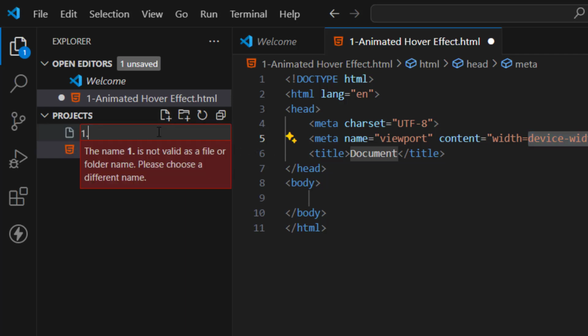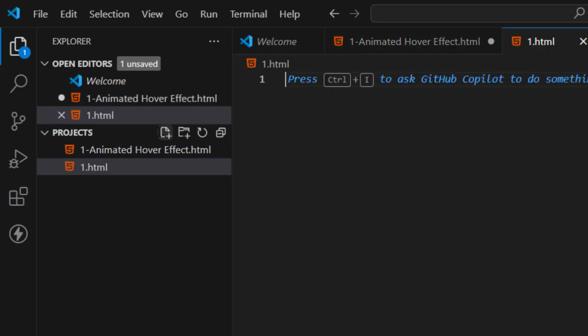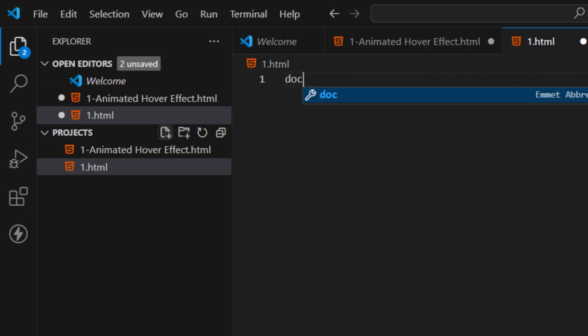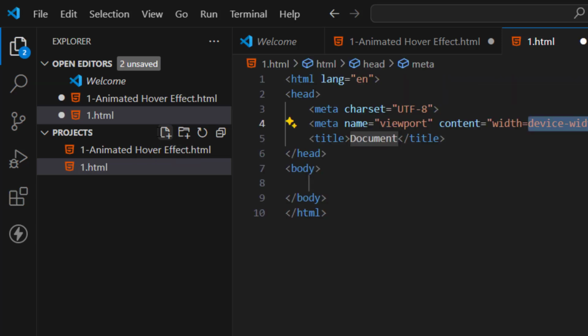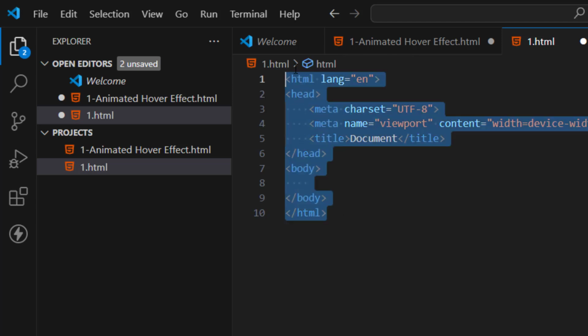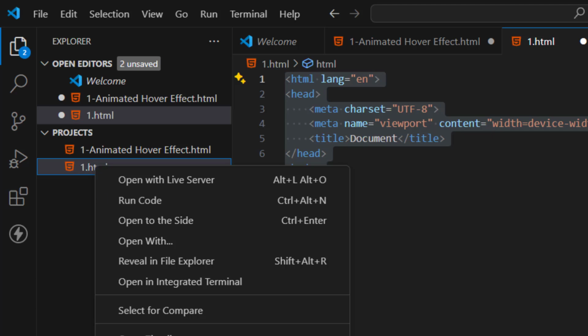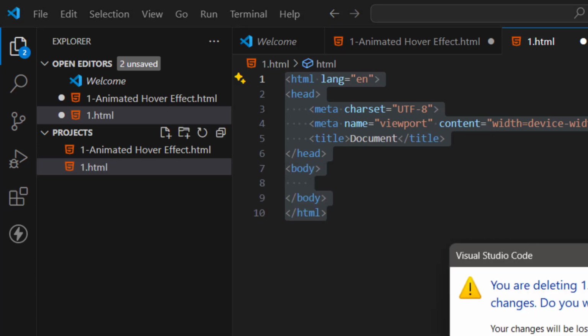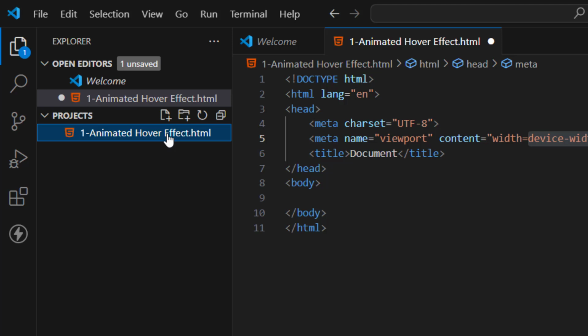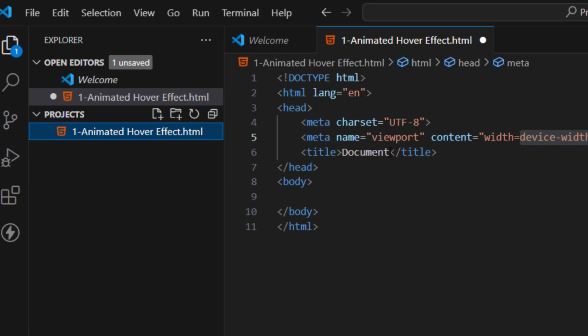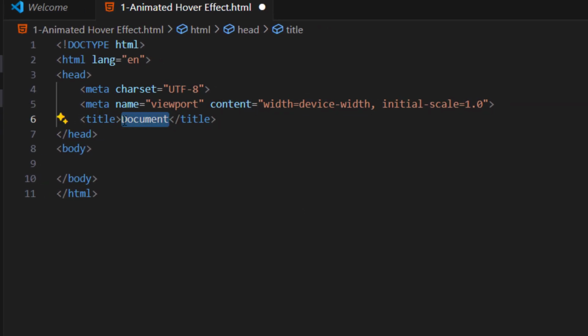Let's name it say 1.html, and you can write here doc, then provide a tab if you don't have Emmet installed. So alright, so let me delete this file. We'll be working on this one, and here we have the title. Let's rename it